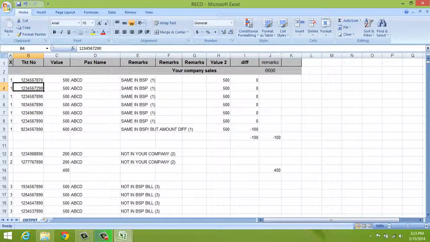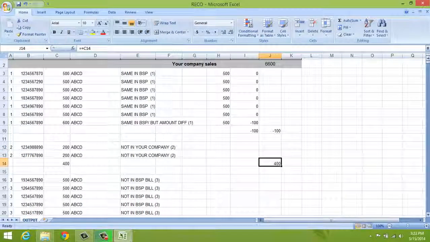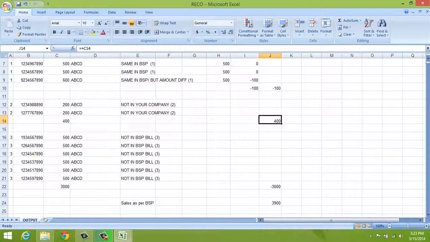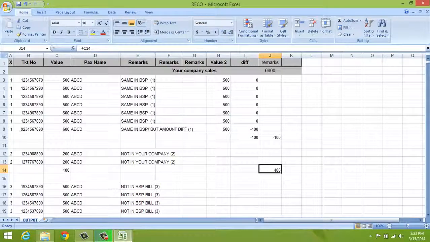Both the company details are the same, but one case has a different value, so you just deducted that, and this one is sales not in your company, that item also added, and less sales not in BSP. You got the BSP figure here, and finally you can take a printout of this reconciliation sheet and pass necessary entries at the end of the month. That's it. Thank you.